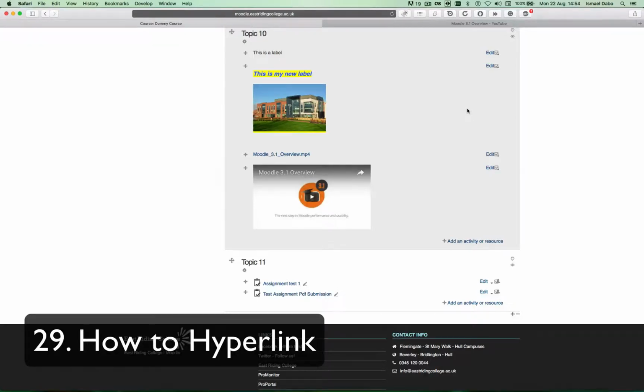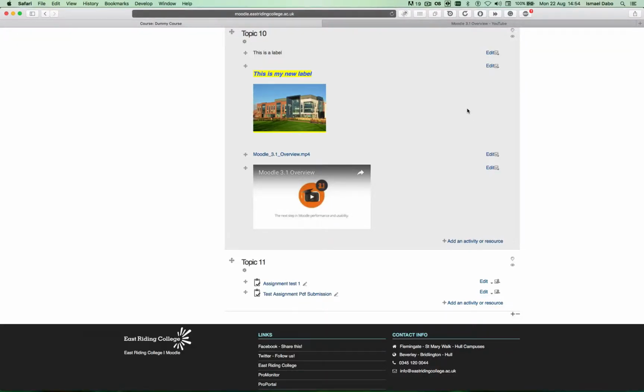How to create a hyperlink. So first of all, what is a hyperlink? A hyperlink is a link in between two pages, or a link in between a specific word that you select